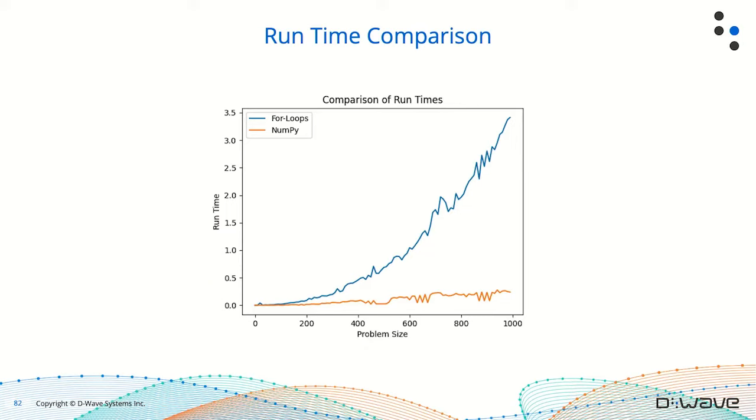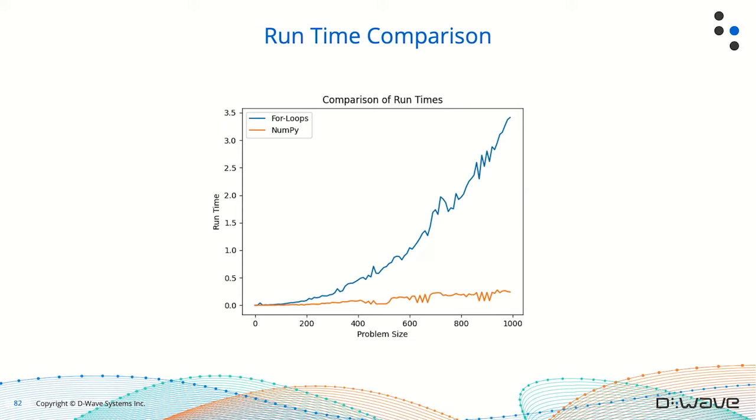Now, when I took this problem and gave it lists of random numbers, along the x-axis you see the problem size. The original problem that I worked with, the list S, only had 8 numbers in it. But if I let S be random numbers ranging from 1 up to 1,000, and I compared the runtime for just this classical portion of my Python program, building the binary quadratic model. This does not include sending it over to any solver or anything, just that classical work of building a binary quadratic model. You can see that there are massive speedups to be had using NumPy.